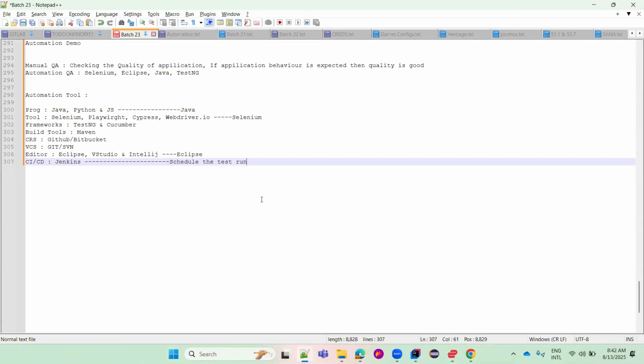Okay, great. Before going to the categorization, either manual or automation, we should first be aware of testing. So why do we perform testing on the application? To ensure that the application is working as expected, with no bugs or defects.